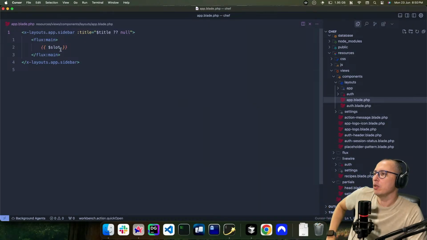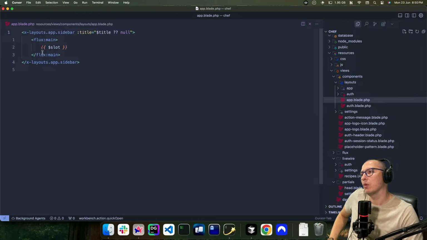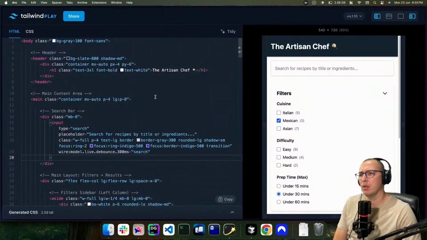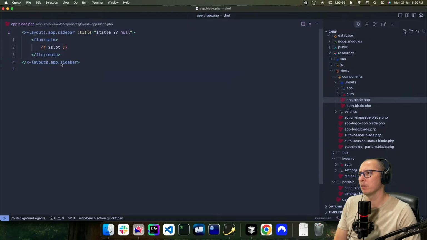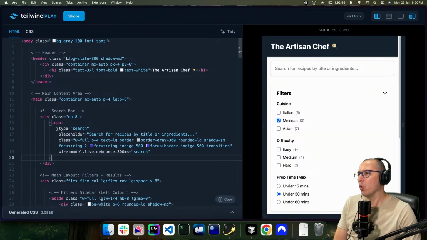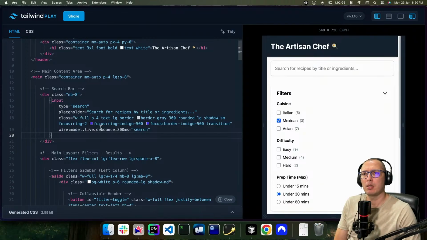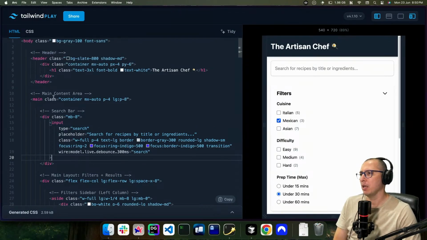It is actually using Flux main, which I guess is okay. It ends up being rendered. I suppose I can just not use a layout, basically.